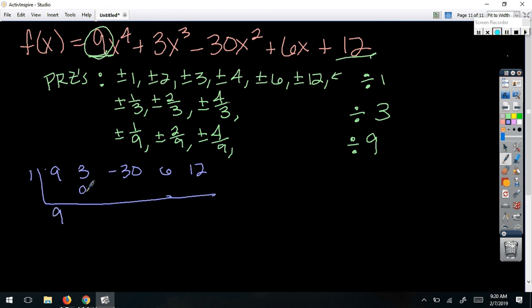9, 9, 12, 12. -18, -18, -12, and -12. Hallelujah. It worked, but